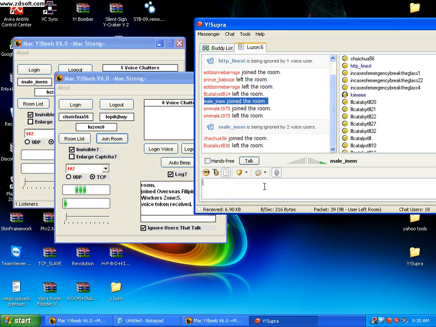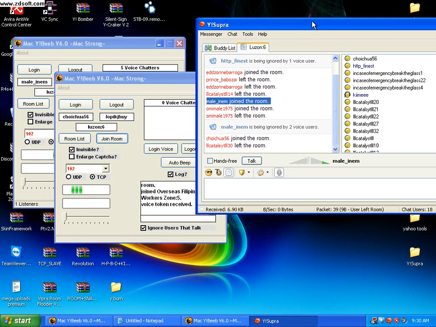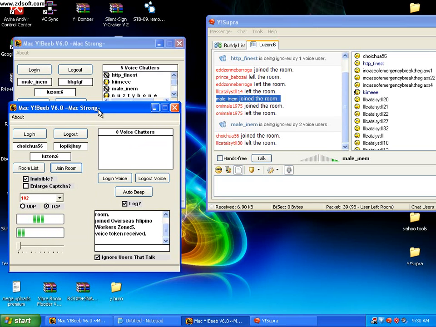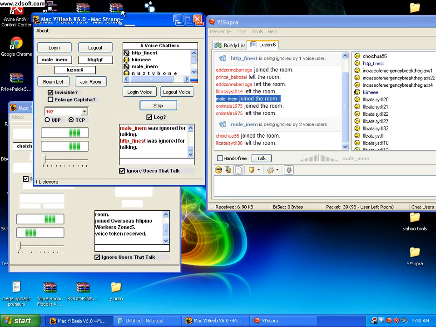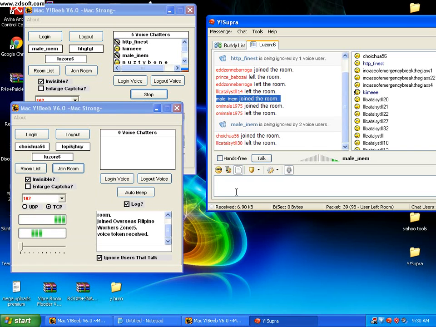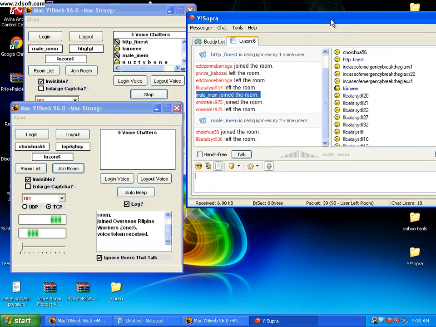Now once you put in your ID, you must wait for 2 to 3 minutes to click in the login voice, okay? For you to have no voice error using Mac YB. That's how Yahoo chatroom do their works when it comes to BC. Okay?